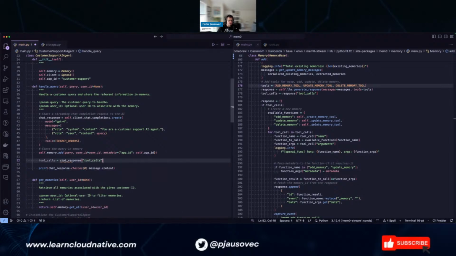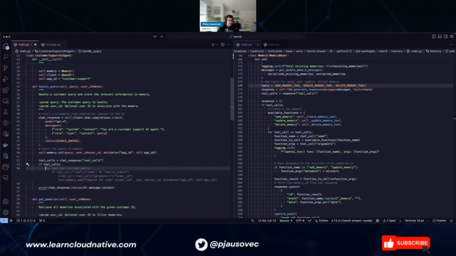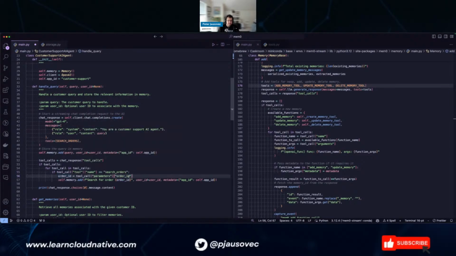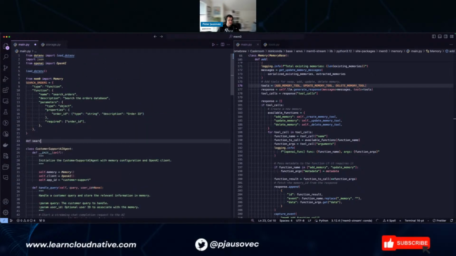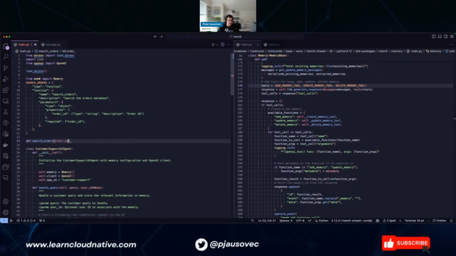And then if tool calls, for tool call, go through all of them. If tool name is search orders, which it is, get the order ID. We don't have to add that to memory, but we can call the search order ID.